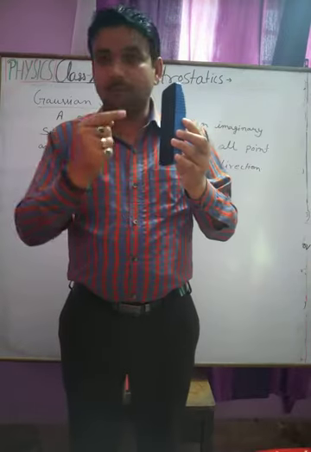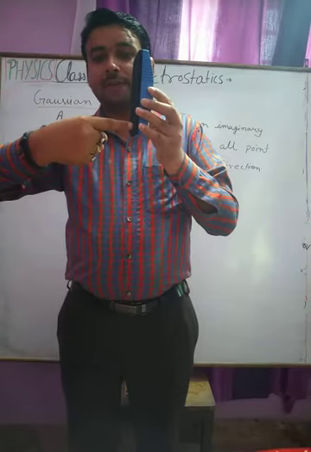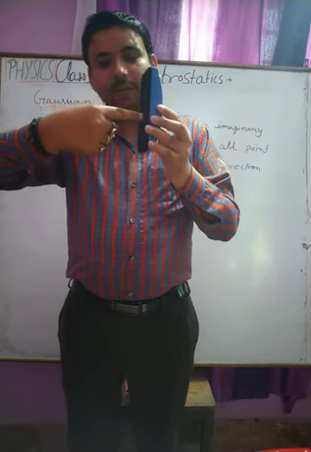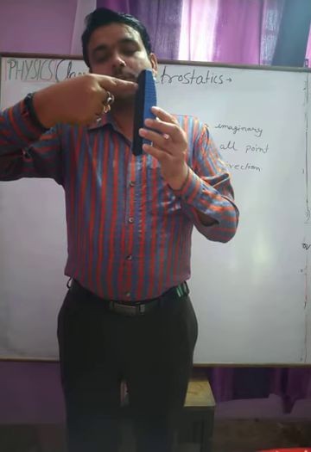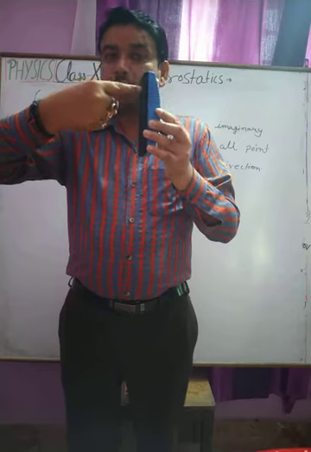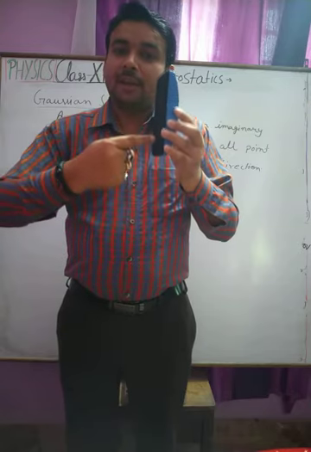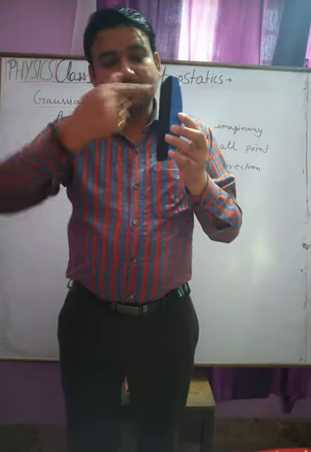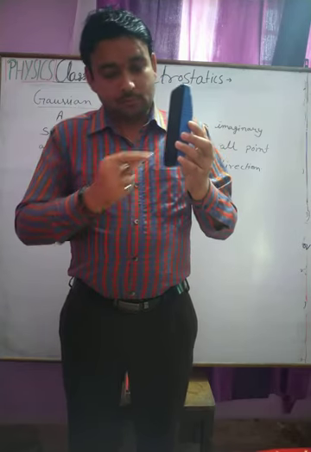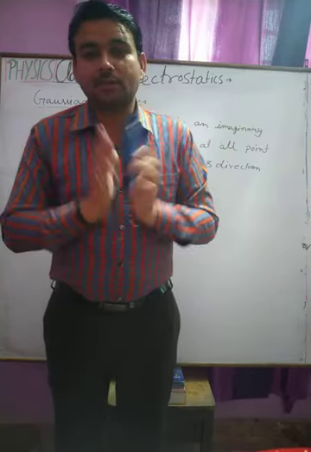Second, when this electric field is linked with this surface, you will observe the angle is 90 degrees at this point, you will observe the angle is 90 at this point, and you are also able to observe the angle is 90 at this point also. That is, the electric field for the surface at every point is equal in magnitude and direction, which is at 90 degrees, and magnitude is 10 Newton per coulomb. Okay, student, this is about the symmetry.